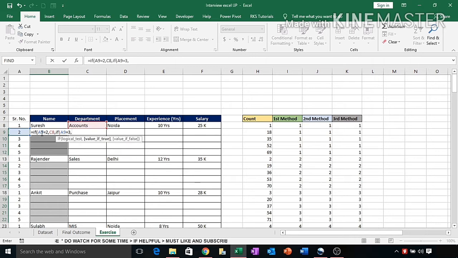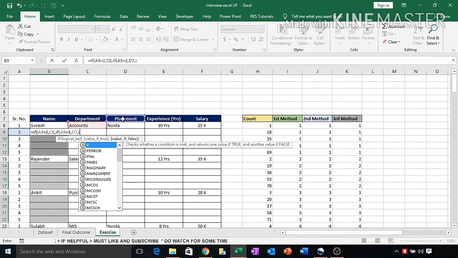So here A9 is equal to 2. It means if this is the 2, then it will pick the value from here. There is no problem at all. But when the formula moves to the third row, it means first, second and third row, then this condition will be satisfied, meaning this value is equal to 3. So at that time it should pick the value from here, but because our formula is in the second row, not in the third row, instead of selecting the value from here, we should select the value from the upper cell.